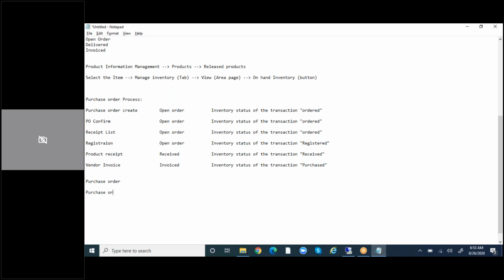Confirmation is mandatory in the purchase order process, whereas in the sales order process it is not mandatory. That is the major difference between the two. Why? Because whenever you are purchasing material,